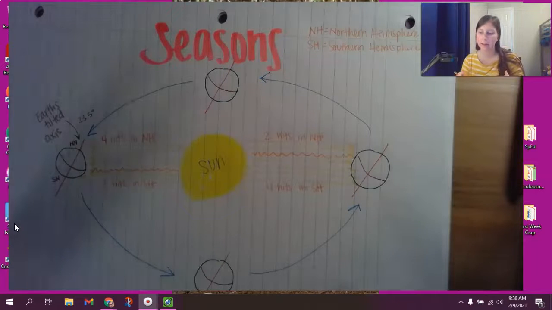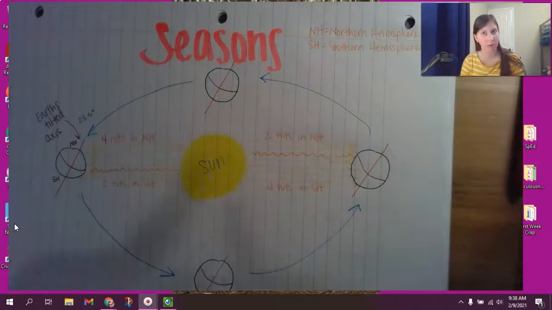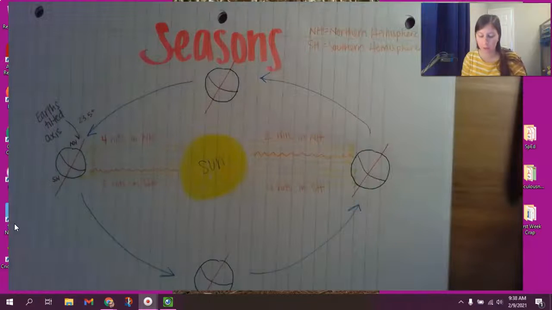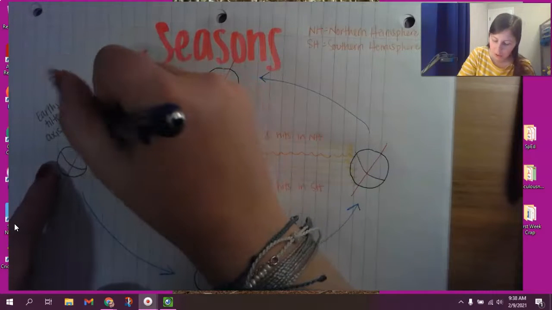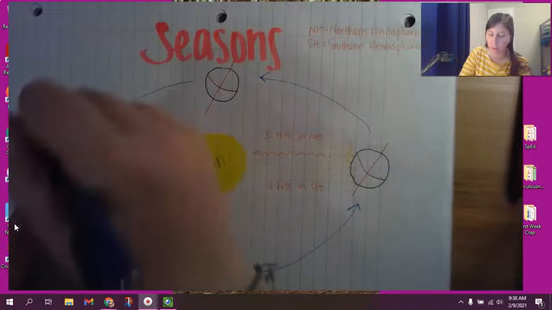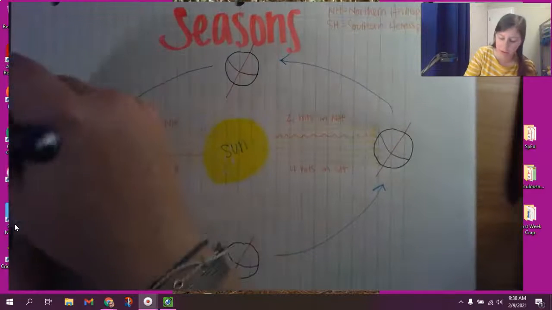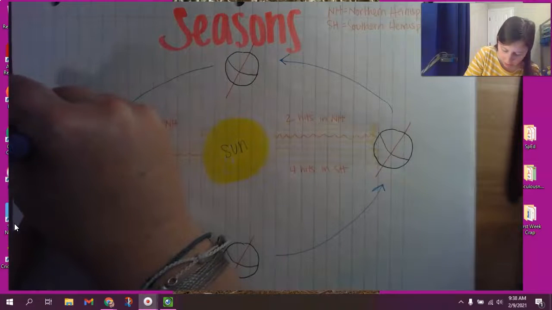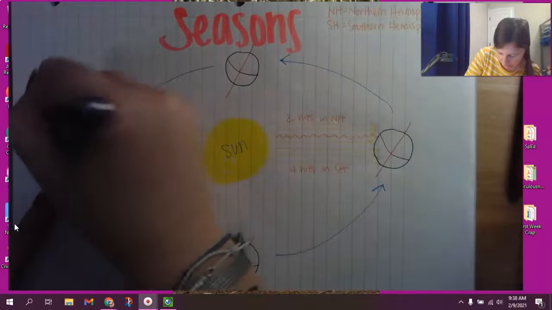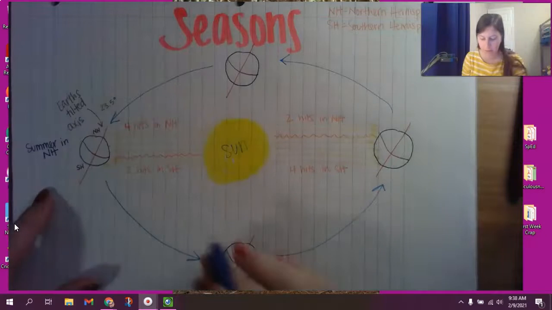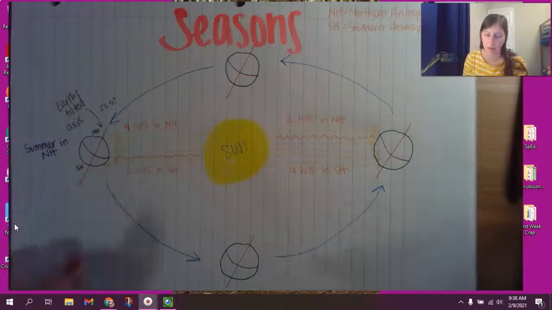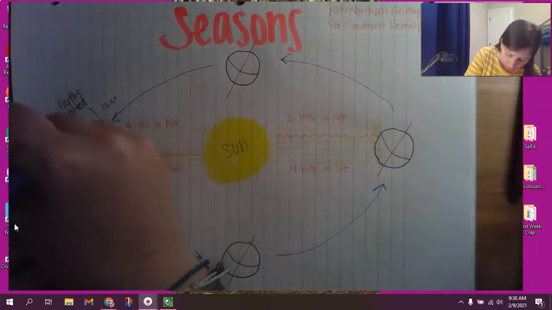So how might that impact the weather? Well, over here we have more hits in the north, so it's warmer in the northern hemisphere. So this would be summer in northern hemisphere. And down here we got a lot fewer hits. This would be winter